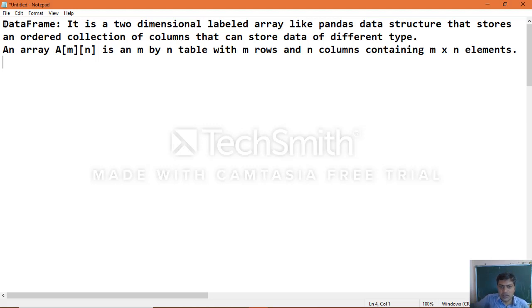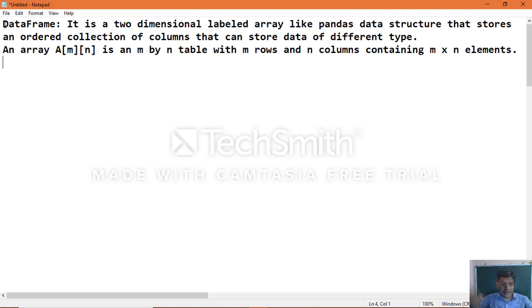m is rows and n is columns. The number of elements in a 2D array can be determined by multiplying m, the number of rows, with n, the number of columns, so that you get the total number of elements within the 2D array.